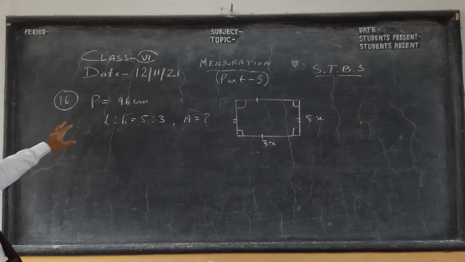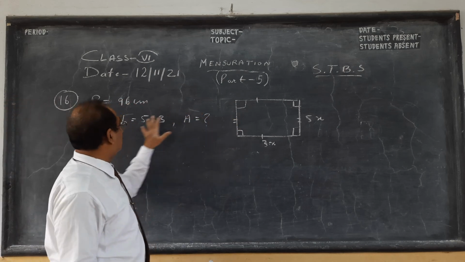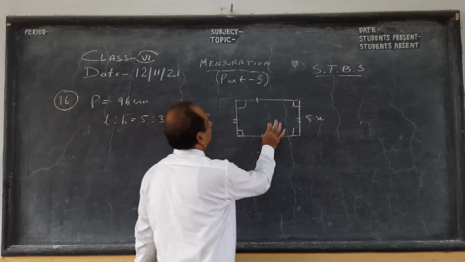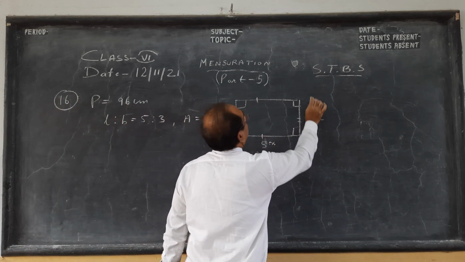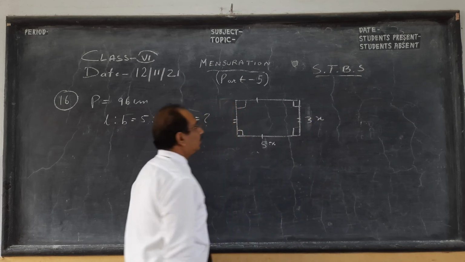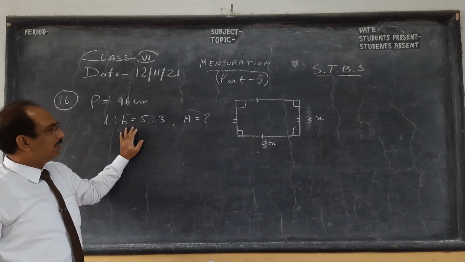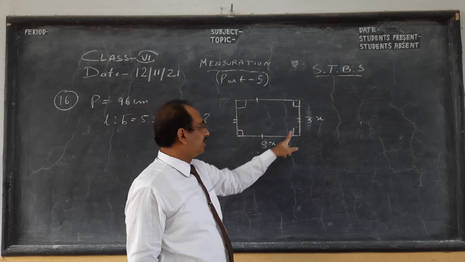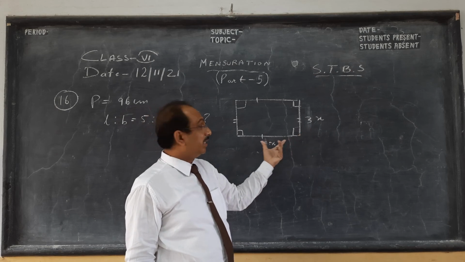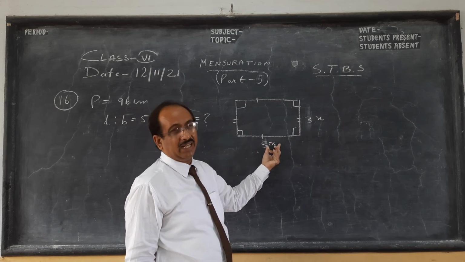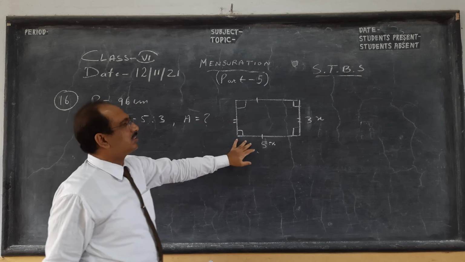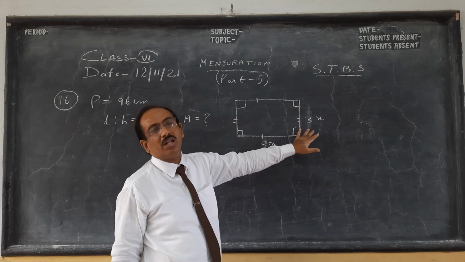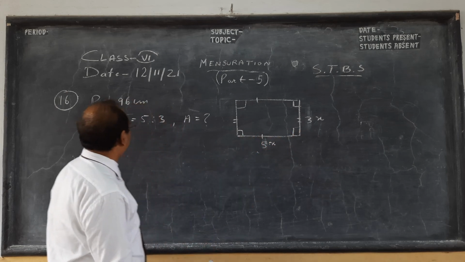What is given, children, here is perimeter of a rectangle is given, and it's saying the ratio of the length is to breadth is 5:3. So this should be 5 and this is 3. So ratio of length is to breadth is 5:3. So you multiply, and you will see when ratio is multiplied with x, okay, it becomes a reality. So when you have a multiplying factor x, 5:3 does not mean this is 5 and this is 3. This can be 50, this can be 30, this can be 15, this can be 9. Okay, ratio means simplest term. So we always multiply by x.